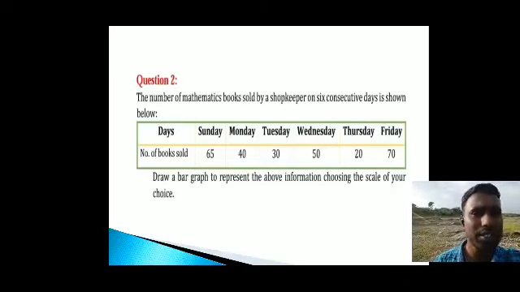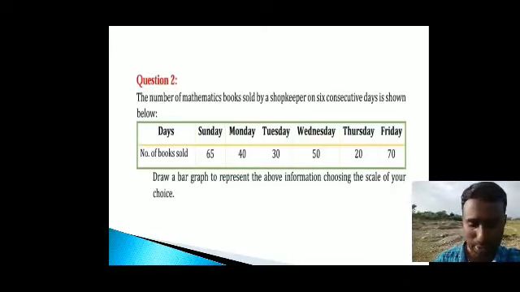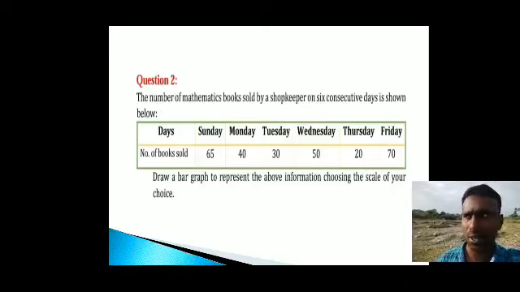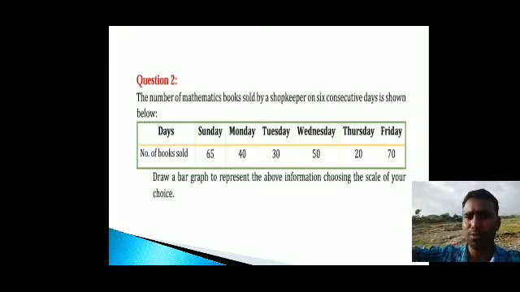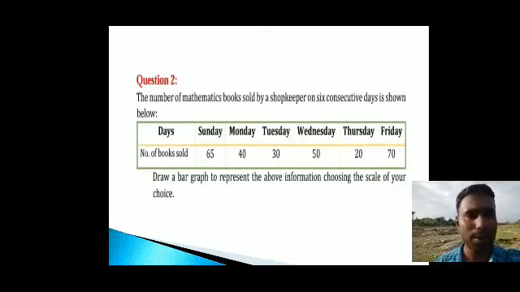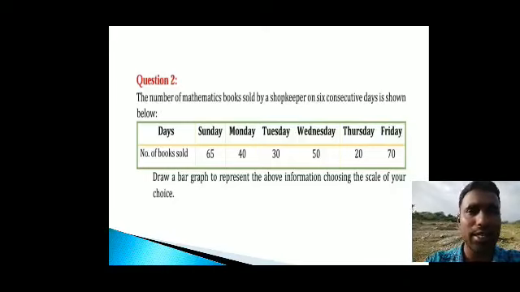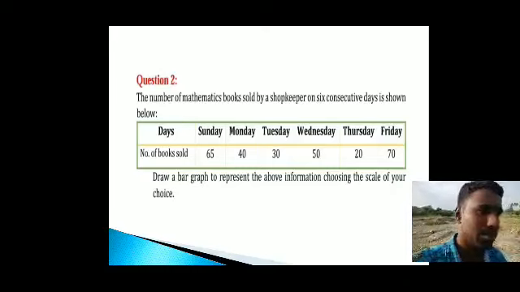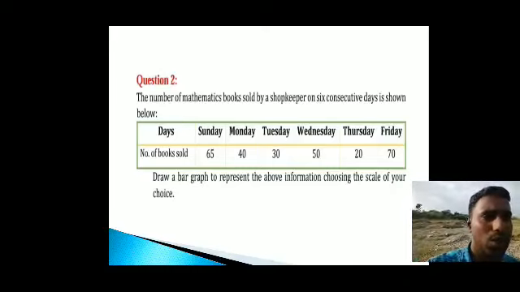So 5 can divide 65, 40, 30, 50, 20 and 70. To check divisibility by 5, look at the last digit: if it is 0 or 5, the number can be divided by 5. Here, the first number ends with 5, and the other numbers end with 0. So we